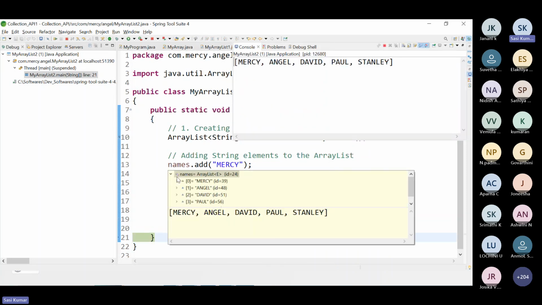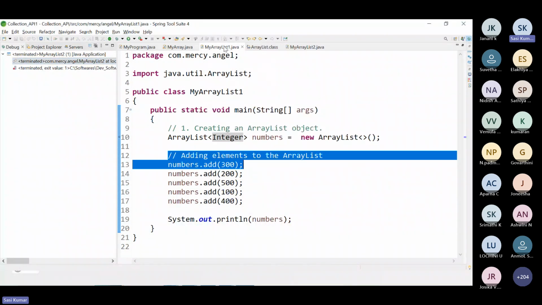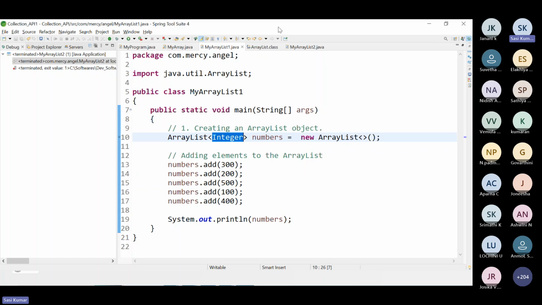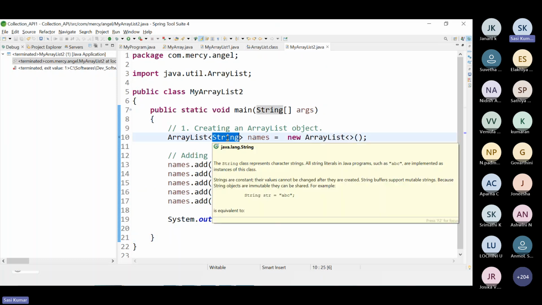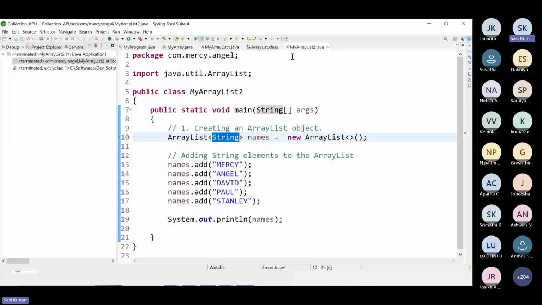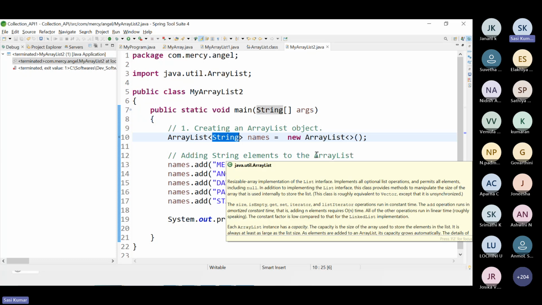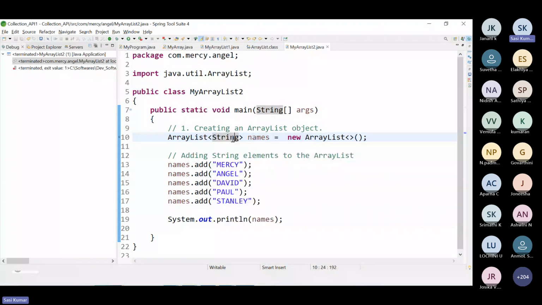When you see the names, they are in the order we added them. So what we have seen is very, very simple. In the previous example, we saw how to store integer type. In the second example, we saw how to store string type objects. Similarly, you can store double, boolean, whatever it is. You can even store employee type, user defined objects as well. That is an advanced topic that we will not go into now. We will see the basic things, and the remaining things you can experiment with by yourself. In case you need our help, we can go for it.